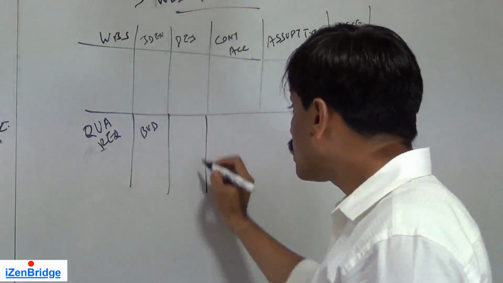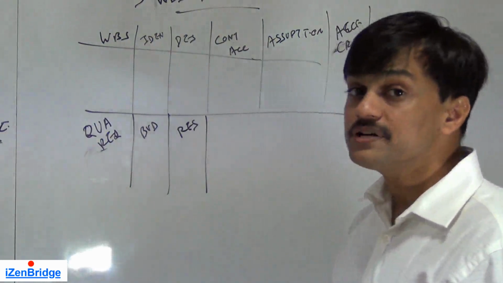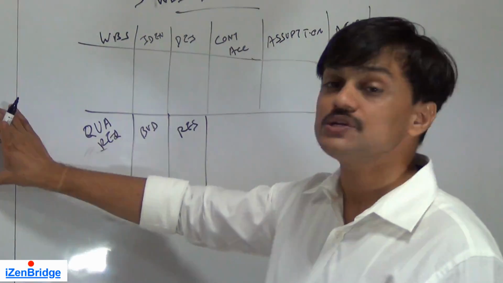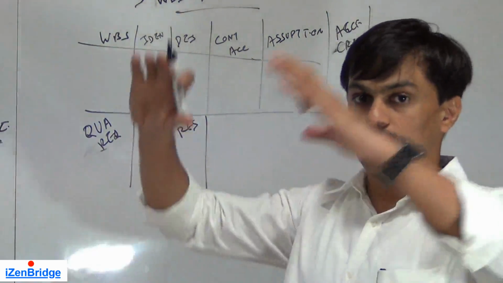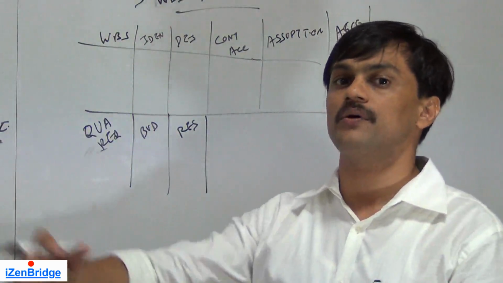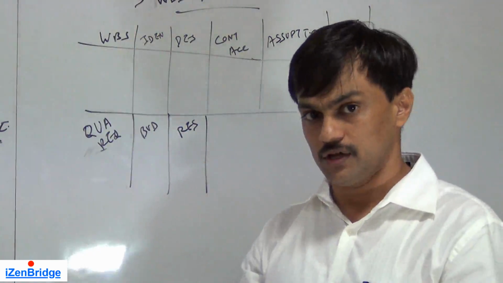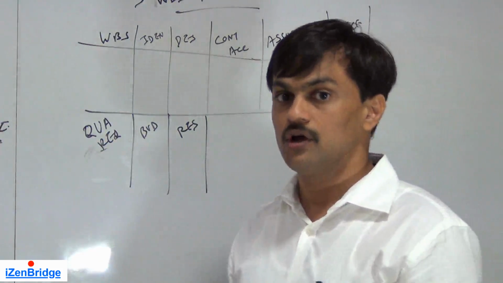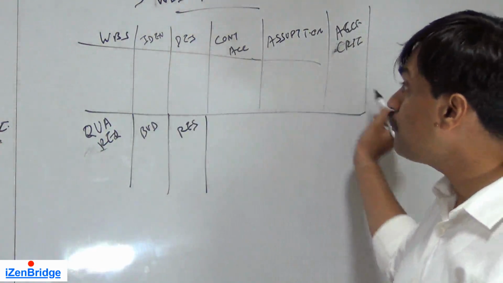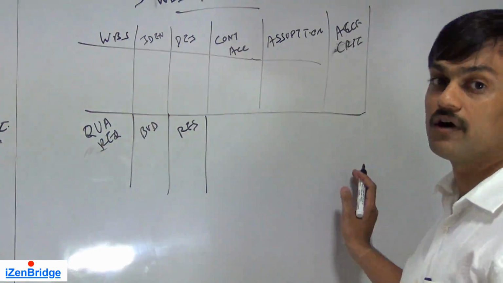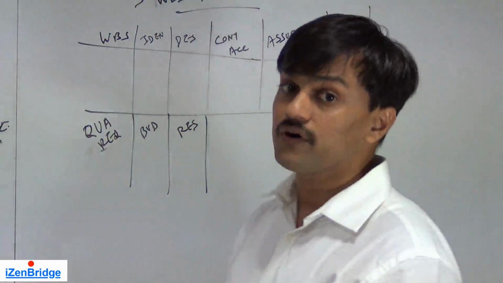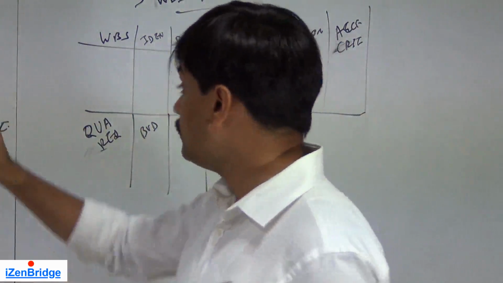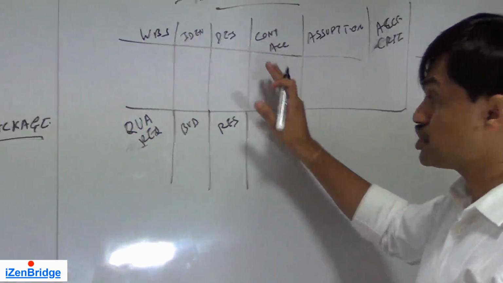We may have responsibility assigned, that is, who is the person or organization responsible for executing this work package. If you have a distributed environment, you may have work packages distributed across geography, so you should know who is responsible for finishing this particular work package. Such details, at a level which helps you in identifying and explaining a WBS element, can be included in the work breakdown structure dictionary.